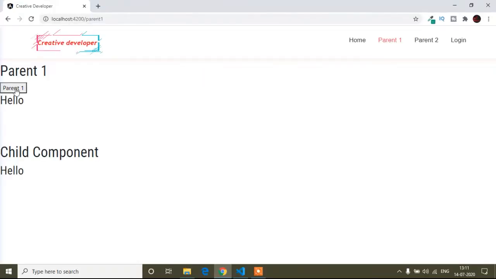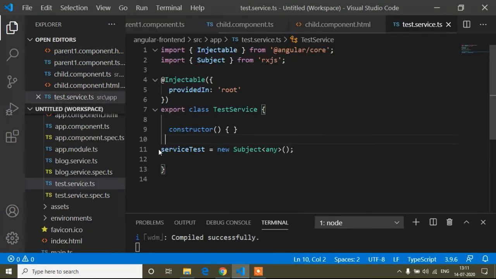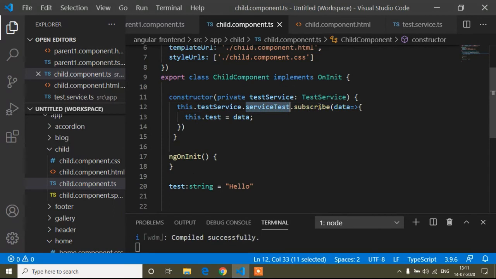And now let's check. So when I click the parent1 component, you can see it's changed here and also changed here, because when I am clicking this add button, this constructor executes first.